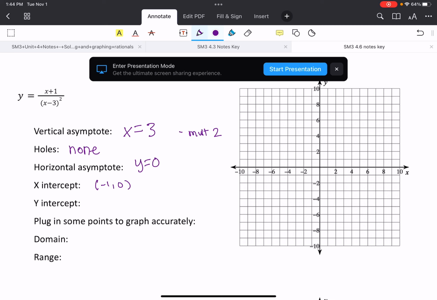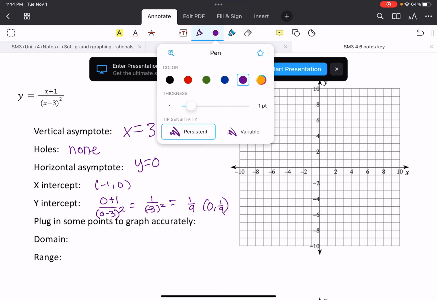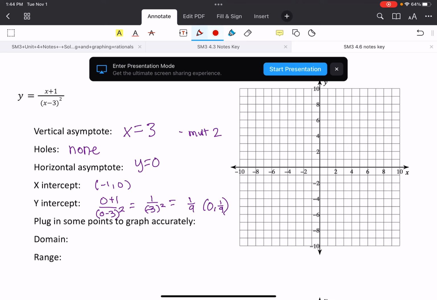Okay, let's write this out. 0 plus 1 over 0 minus 3 squared equals 1 over -3 squared, which is 1/9. So our coordinate pair is 0, 1/9. A little baby fraction. We are not going to plug in points. We're going to start graphing. Your vertical asymptote is